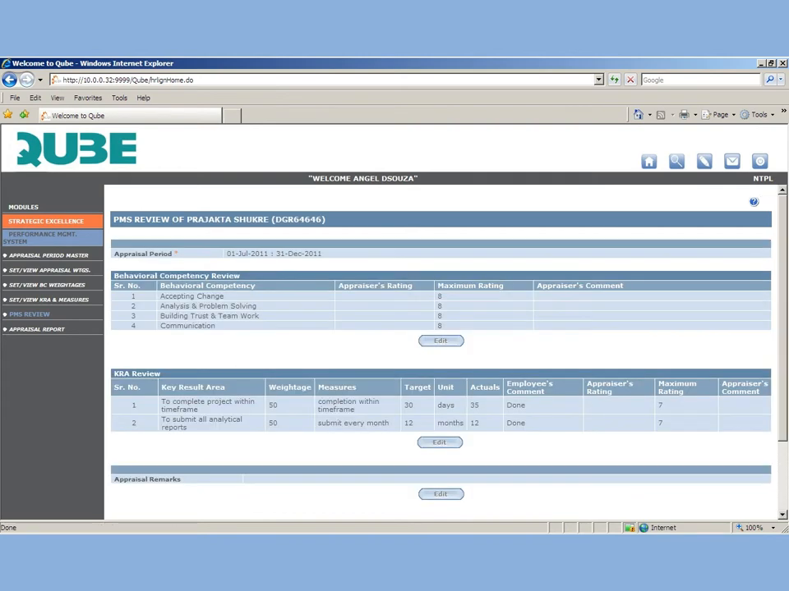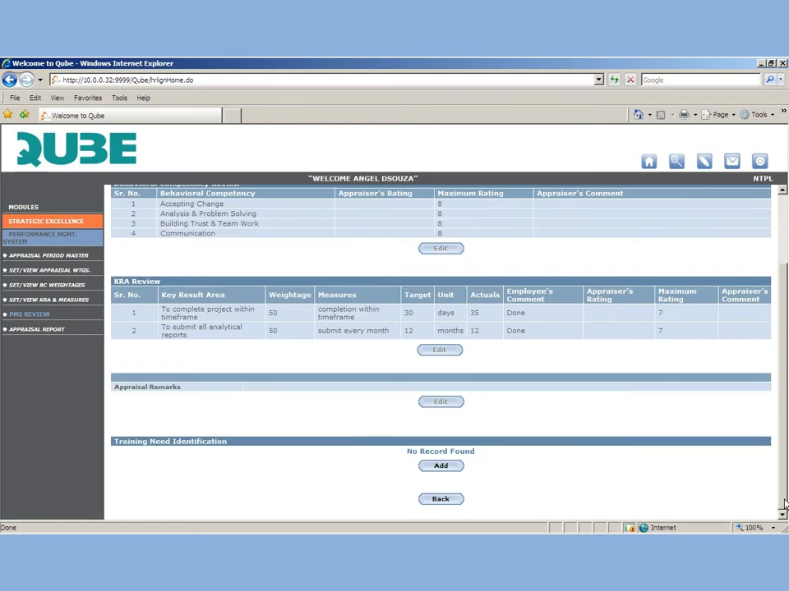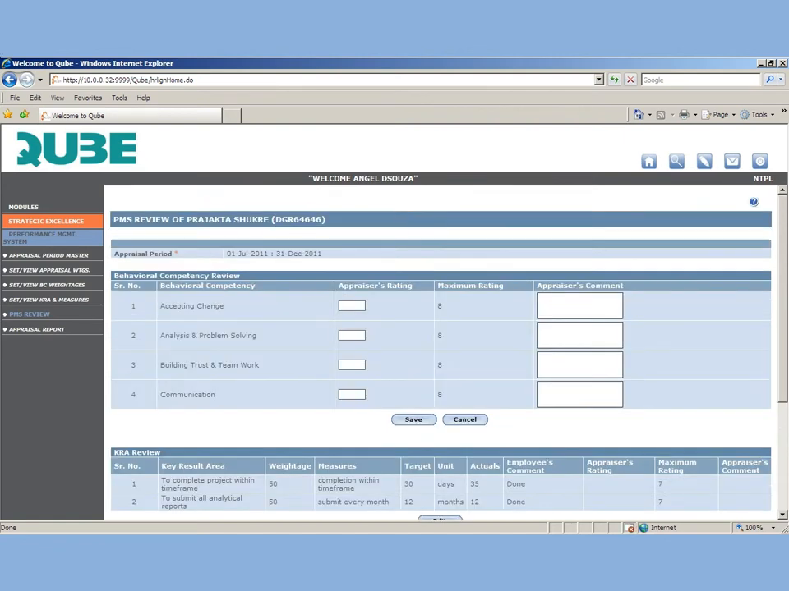In a similar way, you can conduct the reviews for all the appraisees for whom you are the appraiser. An appraiser can start the review only when the employee or the appraisee has completed their self-review. So when you log in as an appraiser, you can put in your rating, put the appraisal remark,